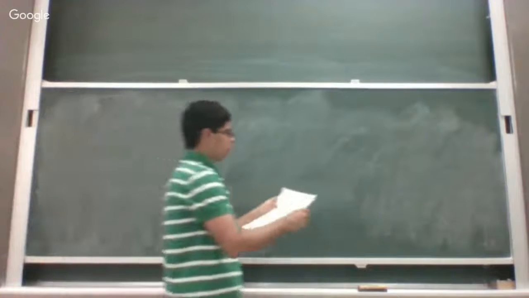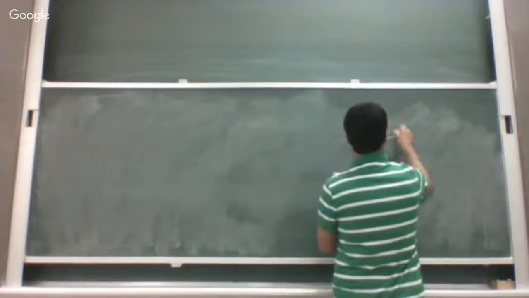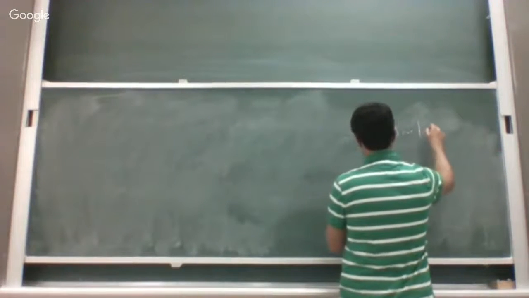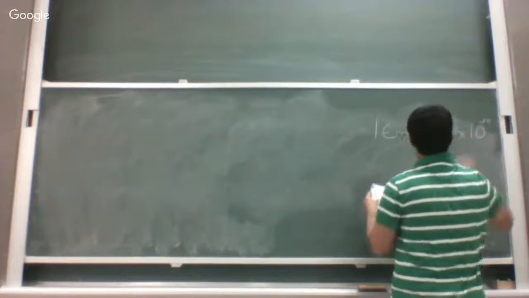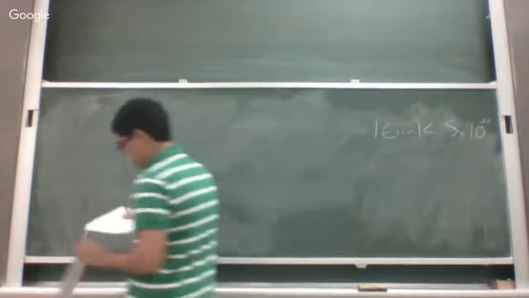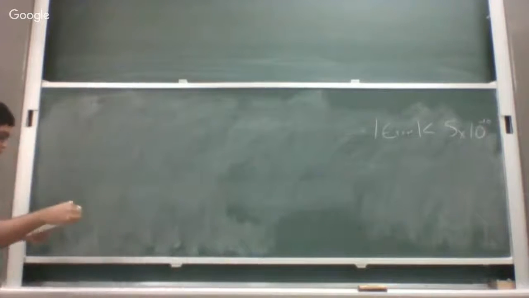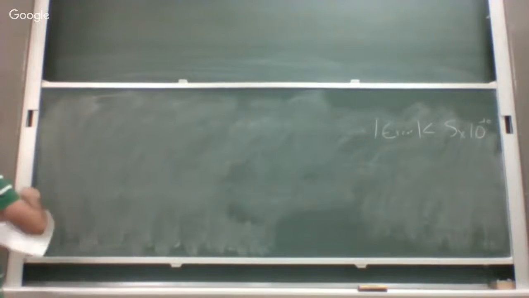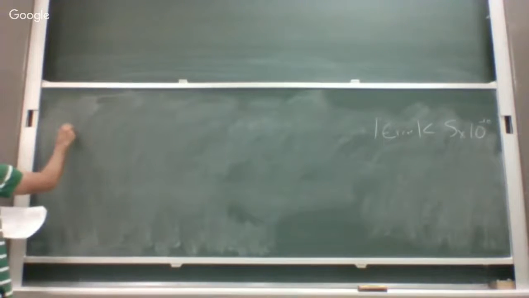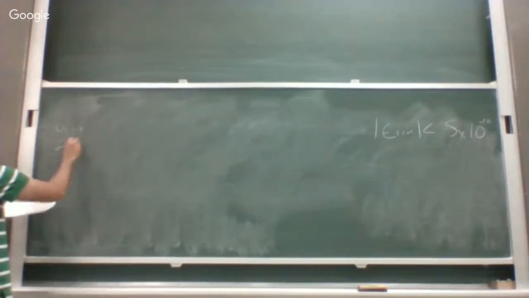Okay, so they tell you that the error has to be less than 5 times 10 to the negative 10. So just by guessing, let's look at 2 terms. So using 2 terms,